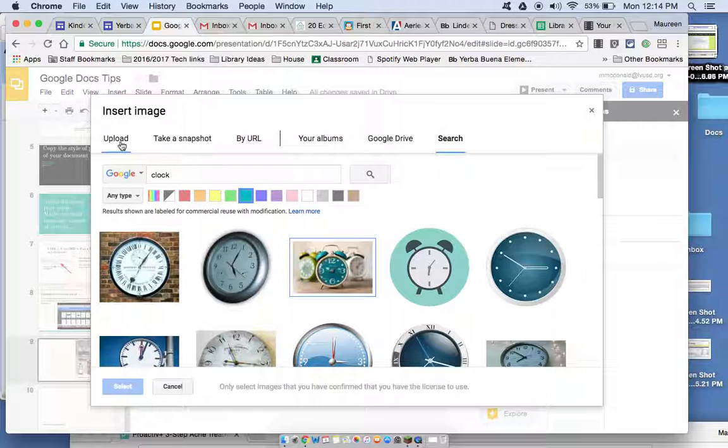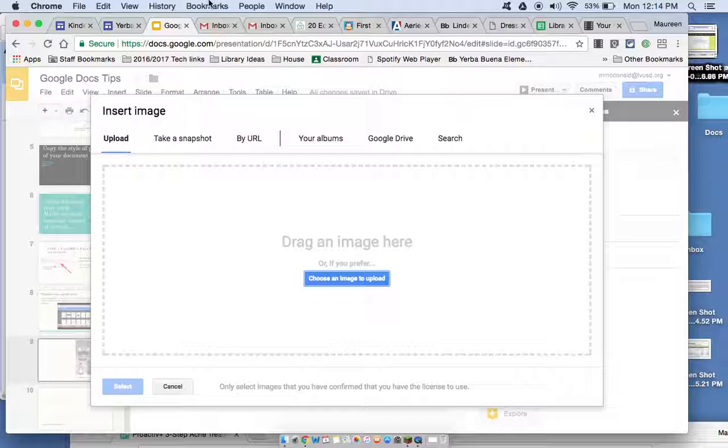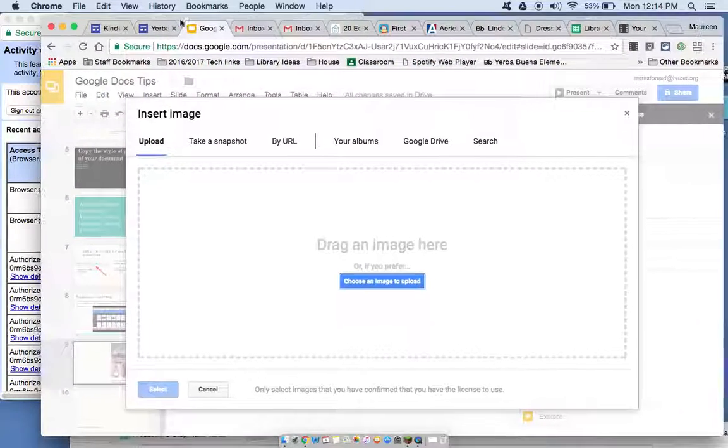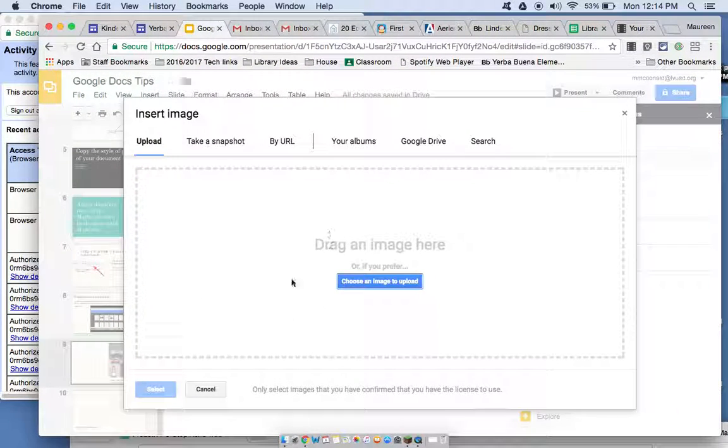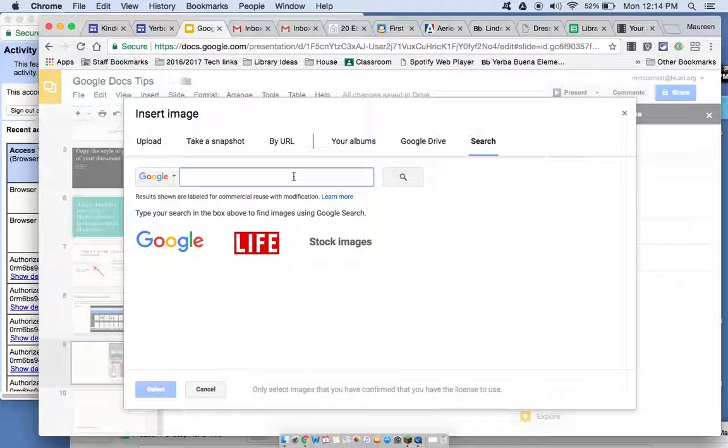It's up to you. If you already have an image saved on your computer, you can click upload here. You can also, if you had an image on your desktop, you could just drag it and drop it here and it will upload. You can take a snapshot with your webcam. If you have something saved in your drive, you can search for it, or you can just search Google